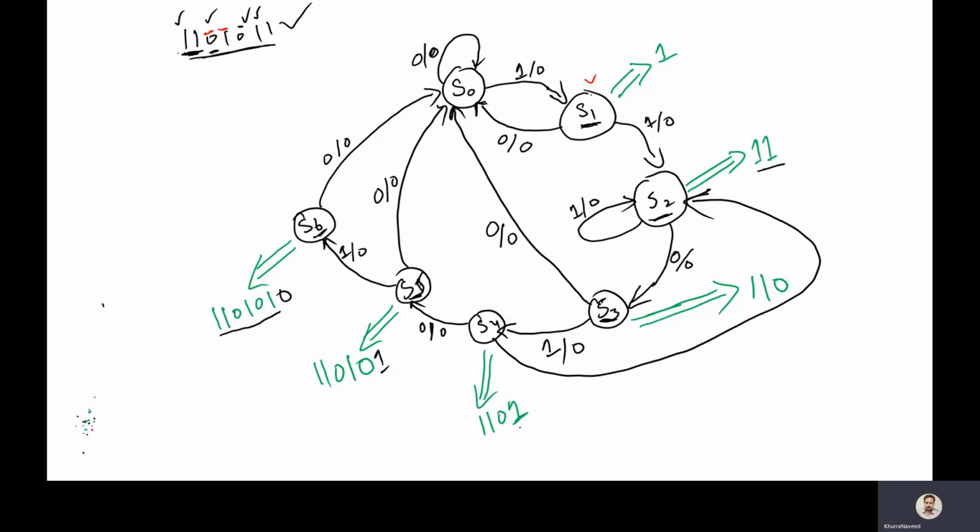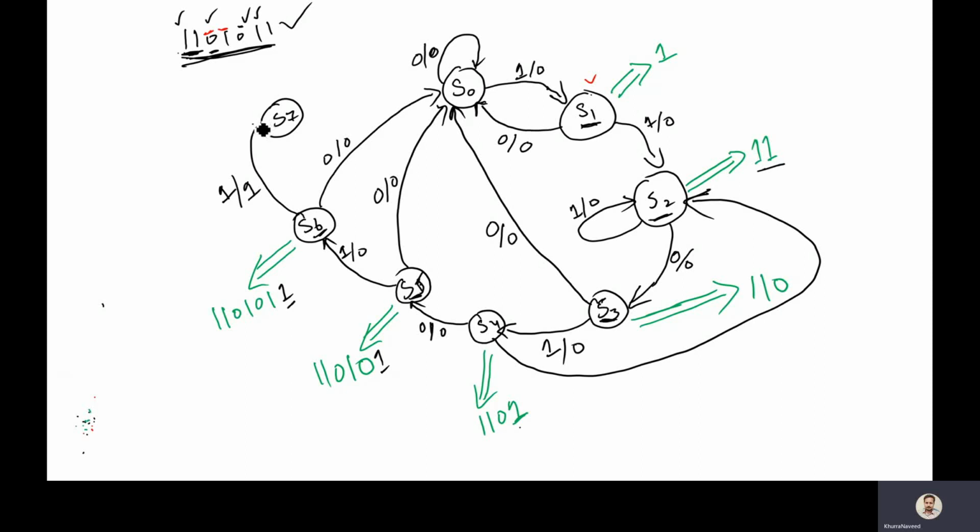But if we have this situation where we are at state S6 and we get this input 1, that means we have now successfully detected this sequence. In that case, we will move to state S7. And now our input would be 1 and our output would also be 1. So this is the first and the only instance where our output would be 1, and that output 1 means we have now successfully detected this particular sequence.